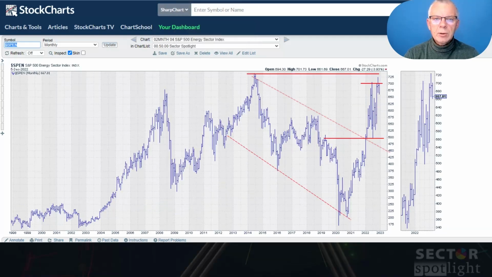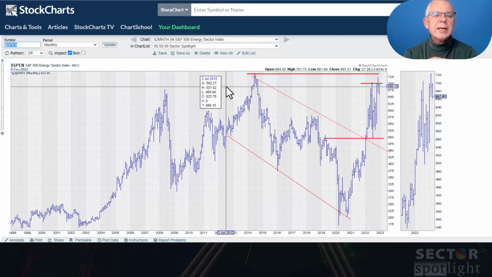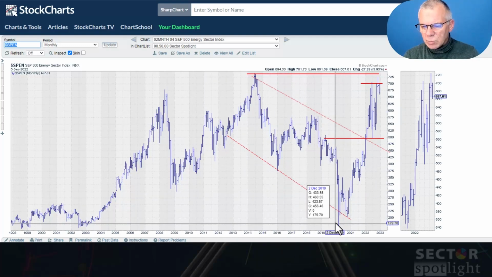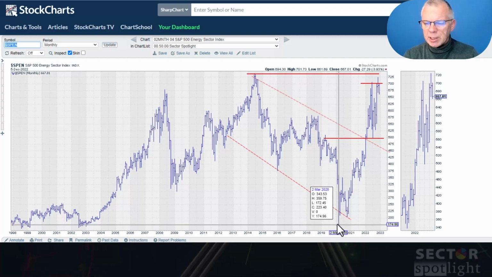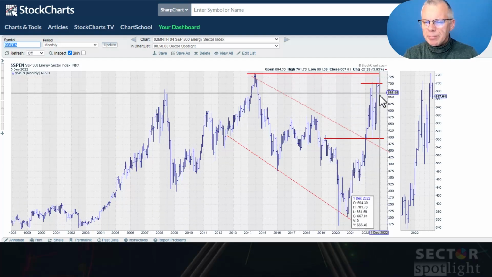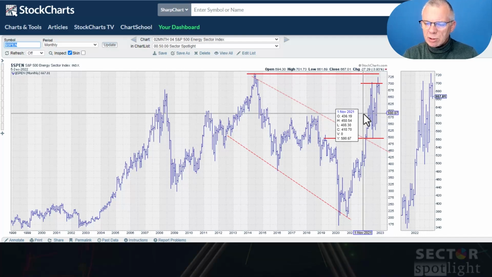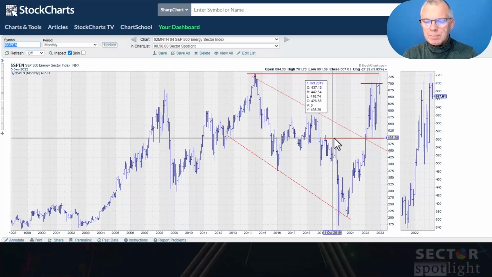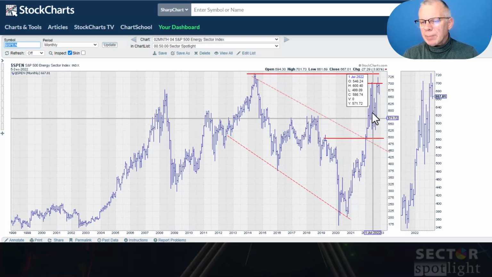And then we go to the only sector in the universe that is still in an uptrend, and that is energy. As you can see, that move started back in 2020, and is still ongoing. We had a big drop back at the start of the year to that 500 level, which was very well respected as support. And we're bouncing back up.